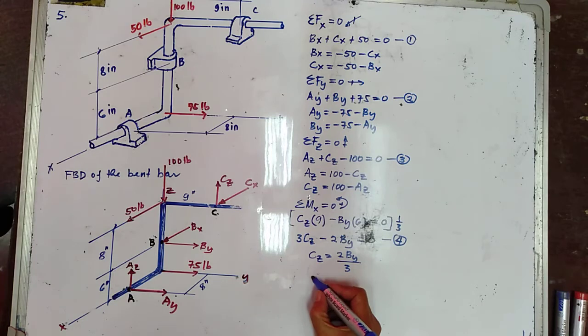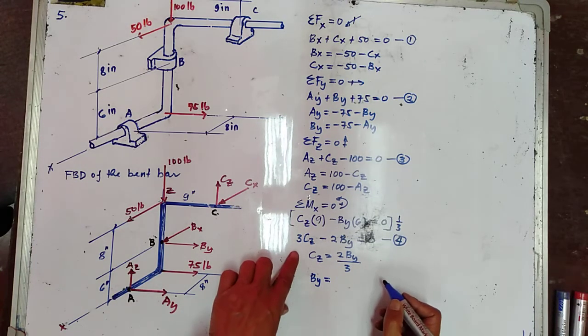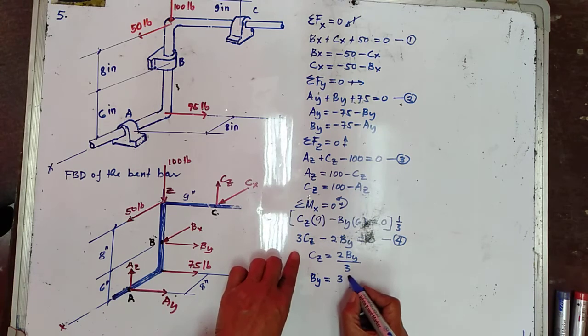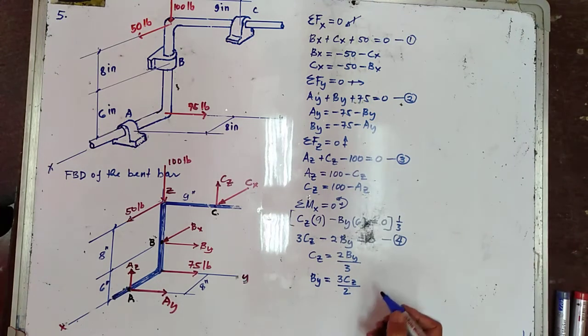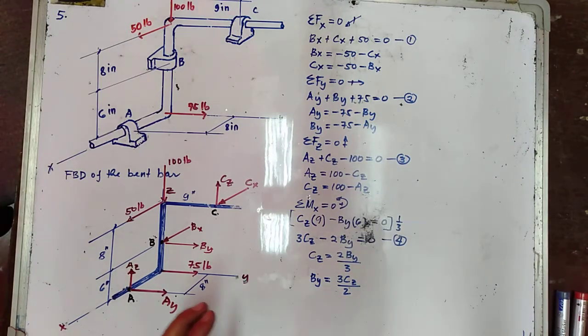And your BY is equal to 3 CZ over 2. Okay? Next,